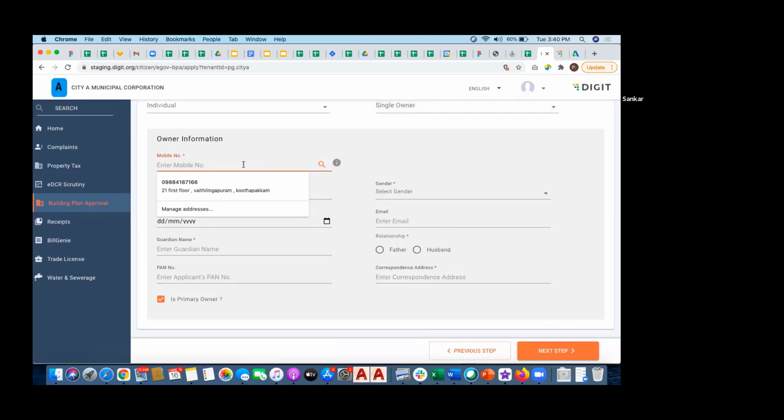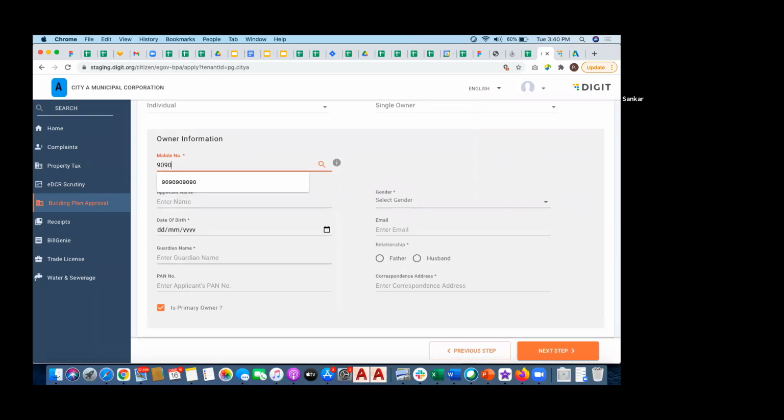So basically, this is an owner component in the Digit module where the owner is a citizen. If you enter a mobile number of someone who is already a citizen, the system searches for that information in the owner module or citizen interface and populates the information there. Assume that I'm entering a citizen who is already present in the system.